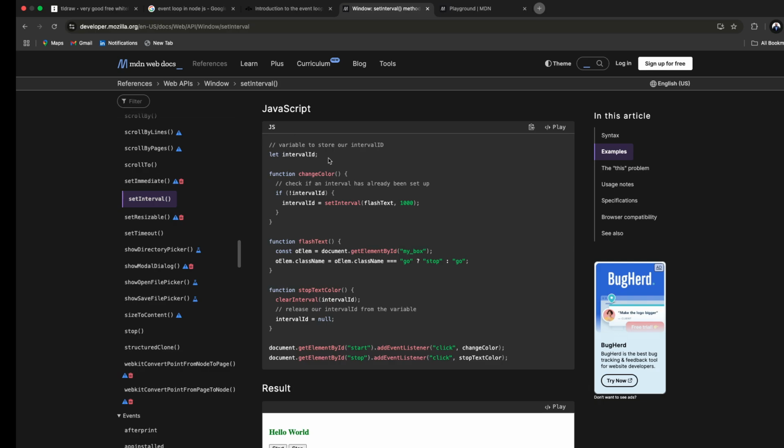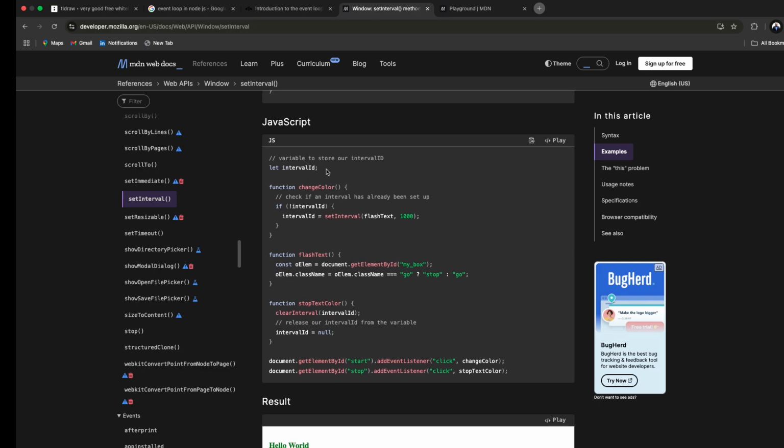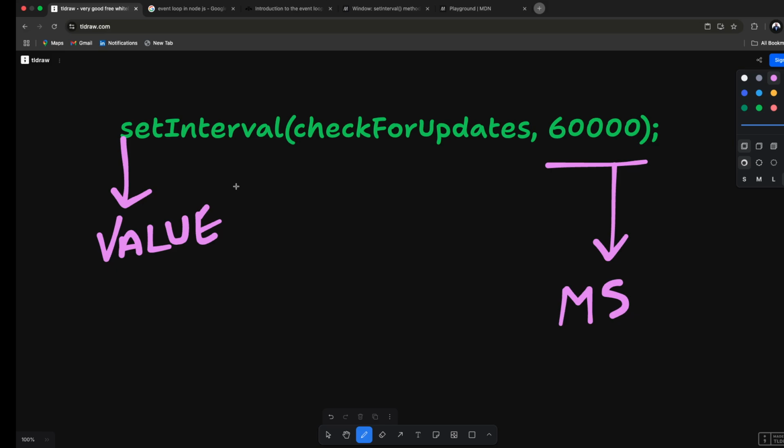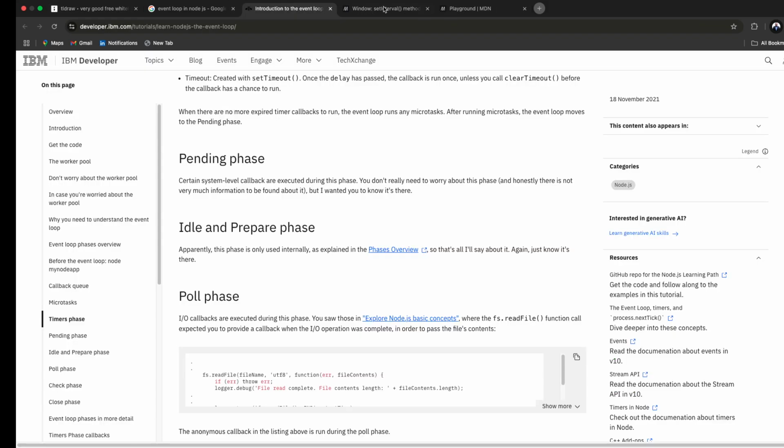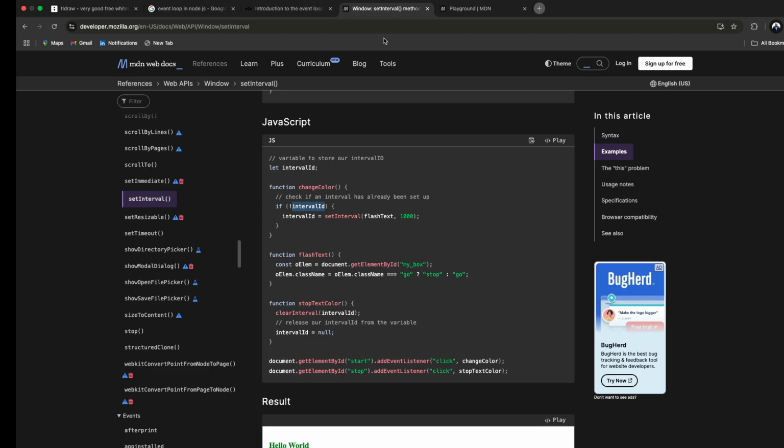Variables to store. So what it does is it returns something. These are all deprecated ones or they're not used. So this setInterval is going to return something called an interval ID. That is the value which is being returned. Now the way it is going to work is